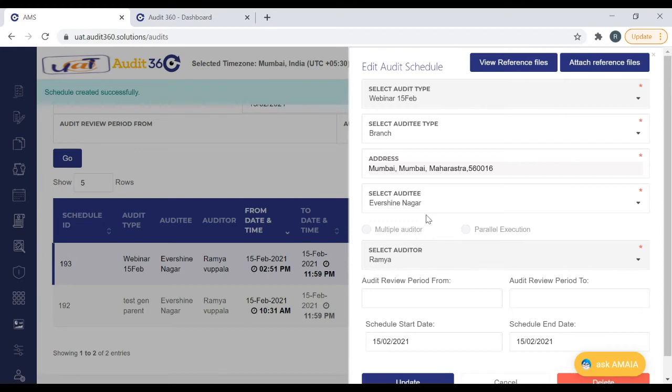So every audit you execute at a schedule level can have this data exchange happening, and all this can be stored at the particular audit executed only.